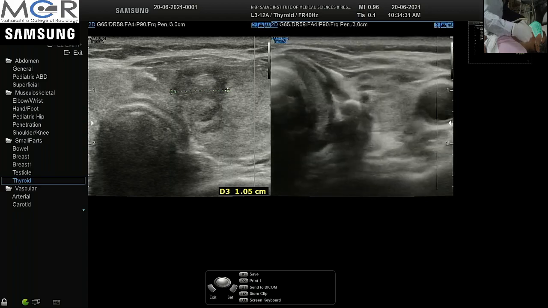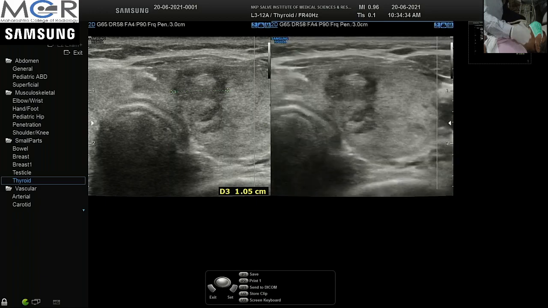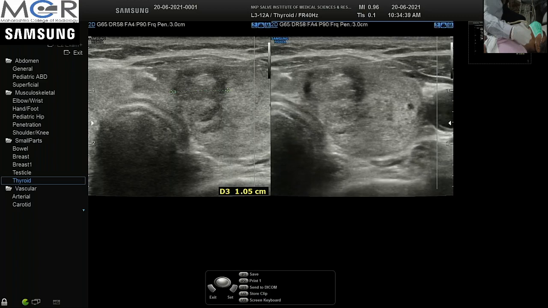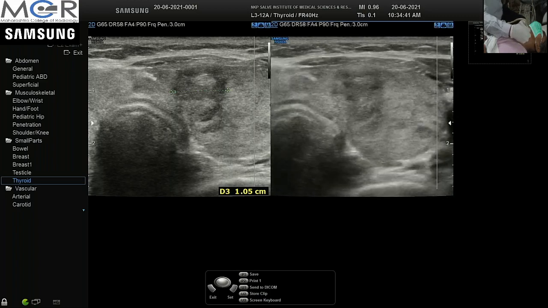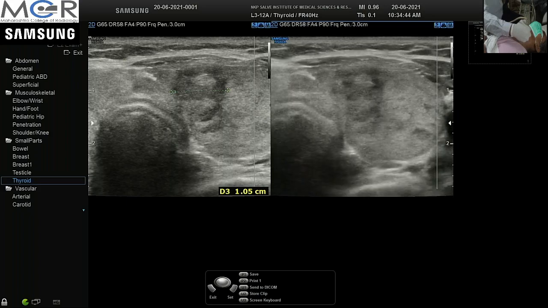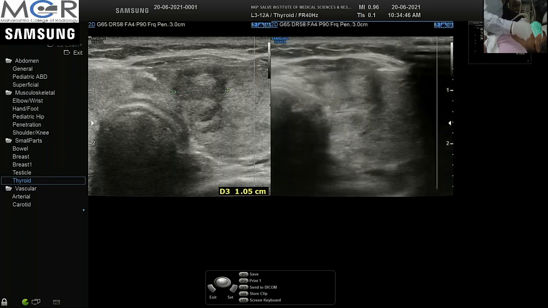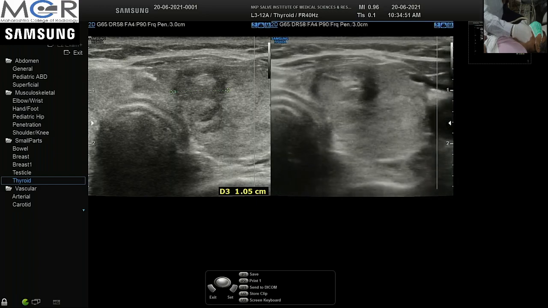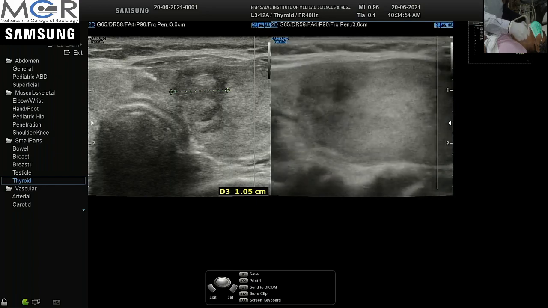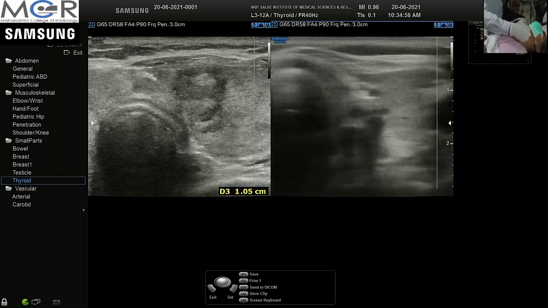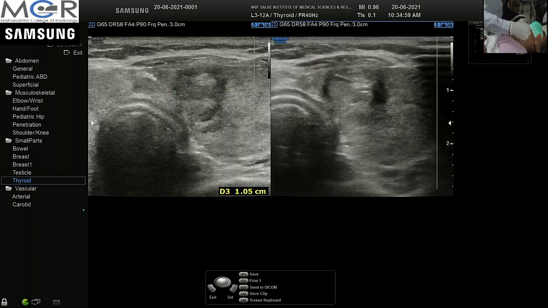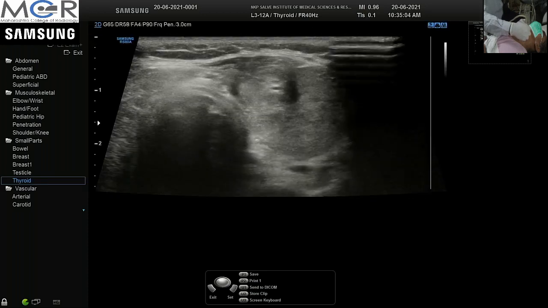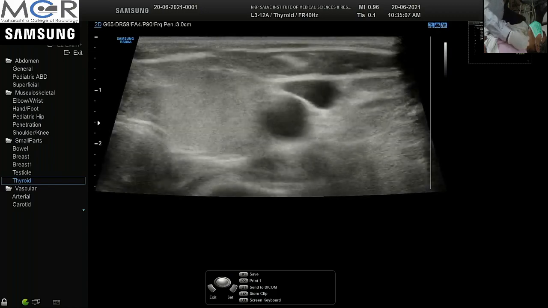The echotexture, if we compare with the muscles, is always compared with the neck muscles. It appears isoechoic. I think my students will agree that it is isoechoic. So if you score this lesion on the height, it will have three points, and iso to hyperechoic will have 1 point, and a solid lesion again will have 2 points. So the scoring is high, it goes up to 5 to 6, and because the size is 1.5 centimeter, you must do an FNA of the lesion.